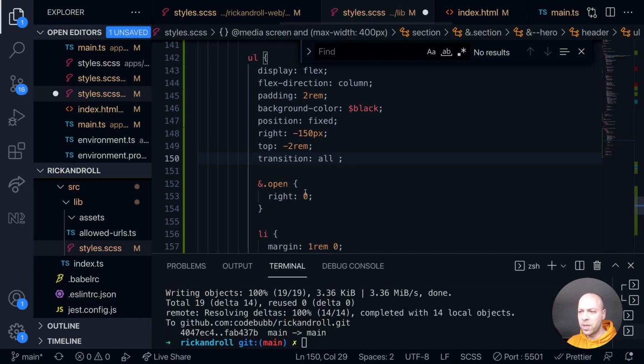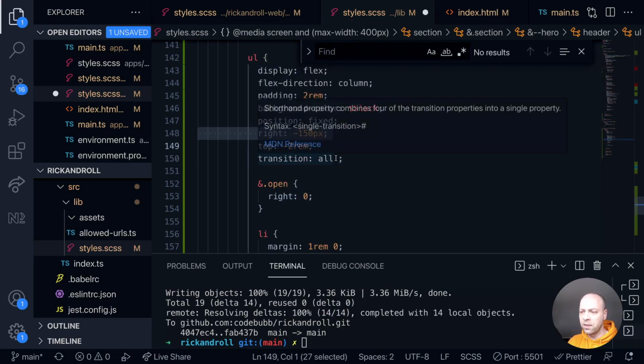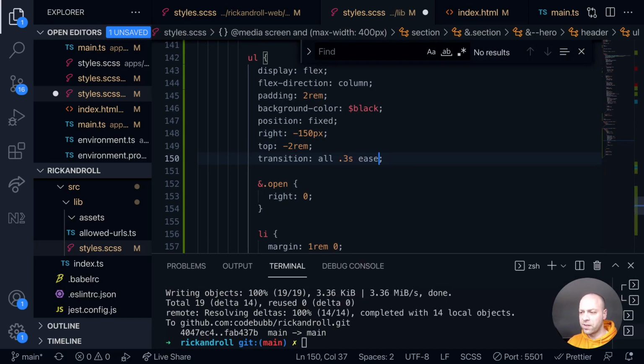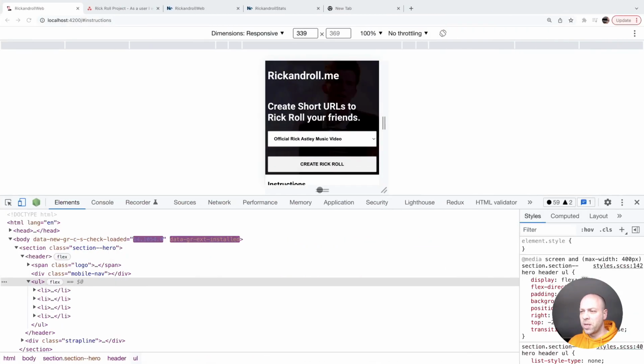So we just basically flip in between these 2 states and modifying this right value, so we can get a little bit of a smooth animation by using a transition property here. I'll use all, but it's really only this right property that we're transitioning. And now if we go over to our web page, we should be able to see in the mobile view